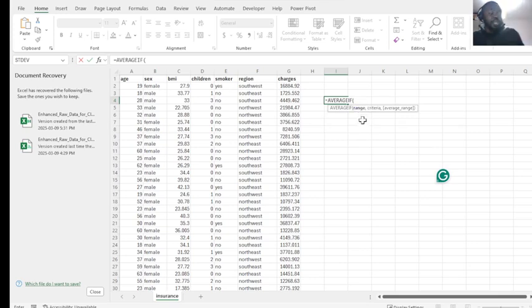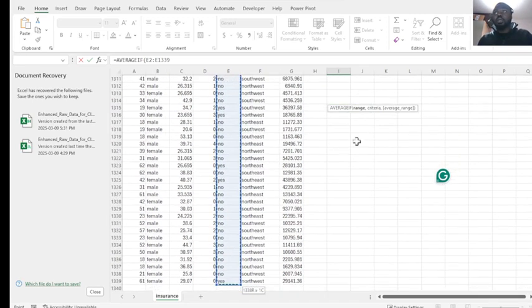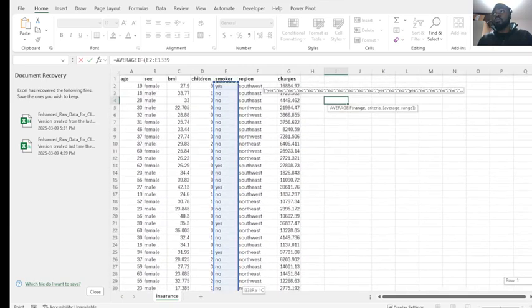When you are doing the AVERAGEIF, you pick the column that has the condition you are looking for. So here is smoker. I want to find a smoker, so the person has to be yes to smoking. I'll select that whole column apart from the headings. I'm not taking the headings. Then you put the condition, so the person has to be yes to smoking. Then you put a comma, then you go to the column that has the charges that you want to average and just select everything